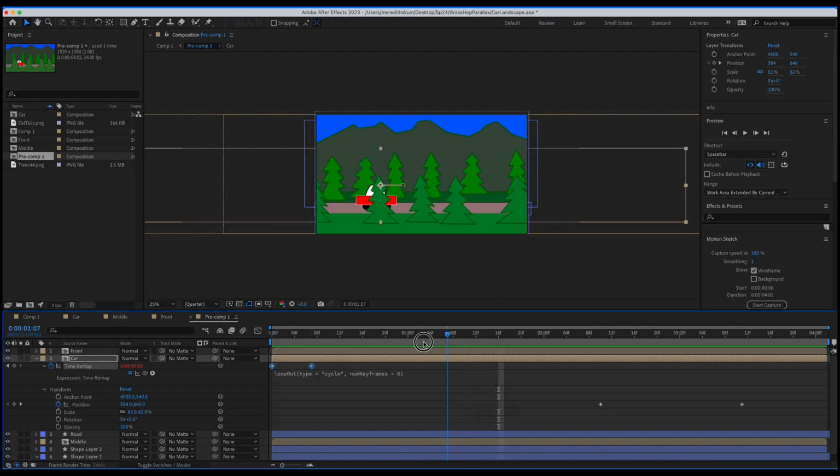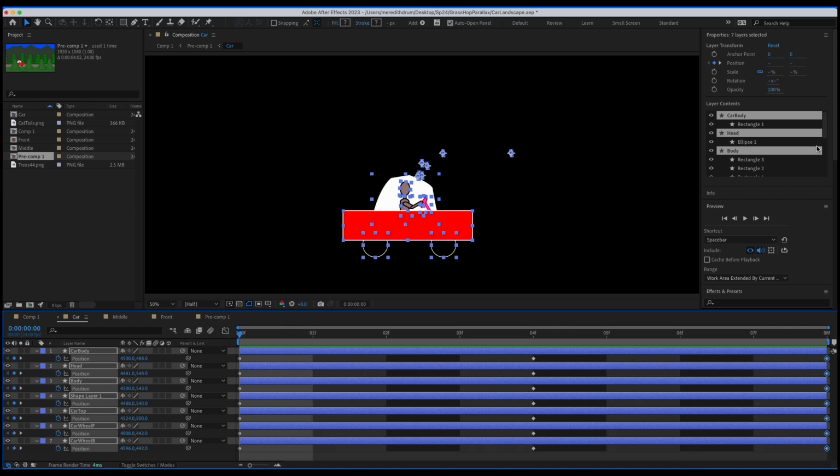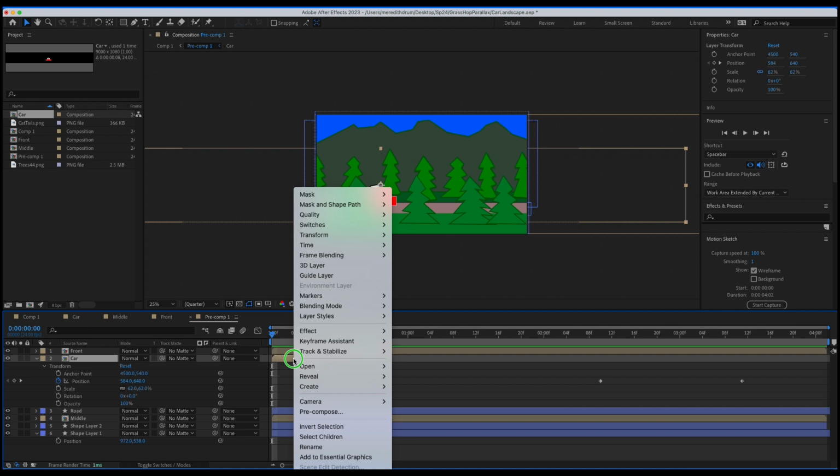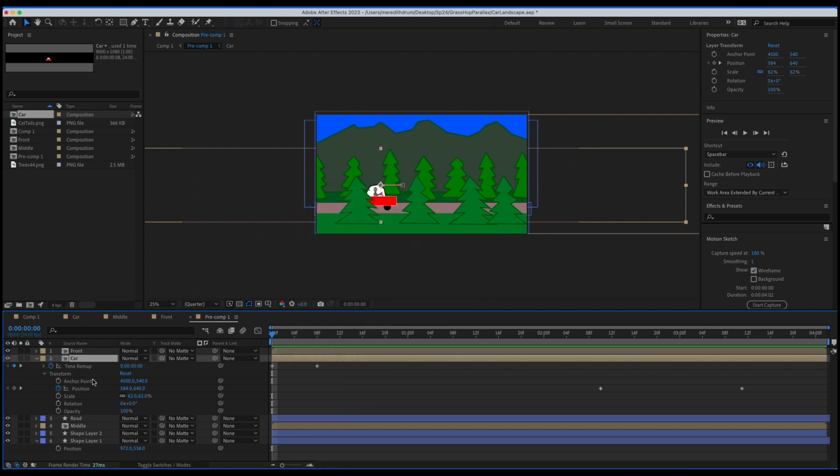Okay, also I wanted to show you, I have this car, does this funny little jump, right? Up and down, up and down. And in my pre-comp here, I can create a time map for that. Let's click on it. I'm pressing Alt. You may have to do Control Time, enable time remapping, and you can see that opens there, right? And you can see you have two keyframes, one at the end, one at the beginning.